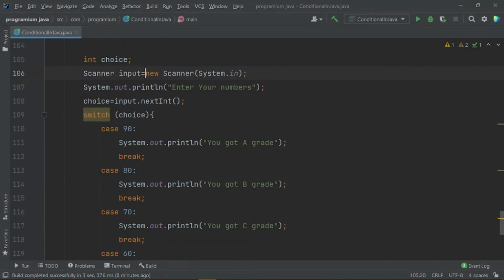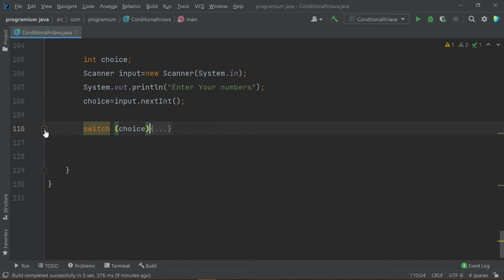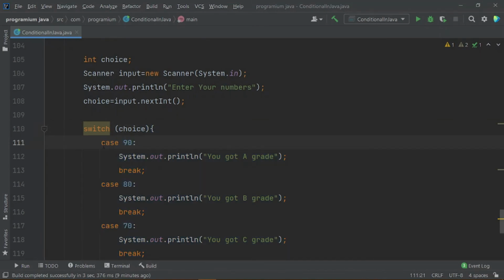So guys, let me show you again what the syntax of this switch condition is. First you have to write switch and these brackets, and in between these brackets you have to use a variable or something on which you are applying these conditions. After that use curly braces, open and close, and you have to use the case here and the value of this variable on which you want to apply the condition.